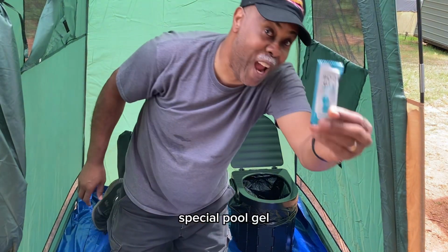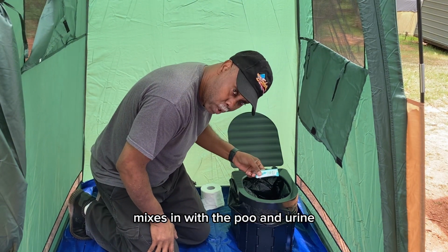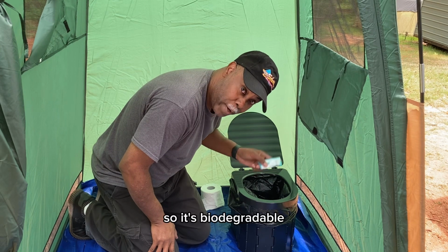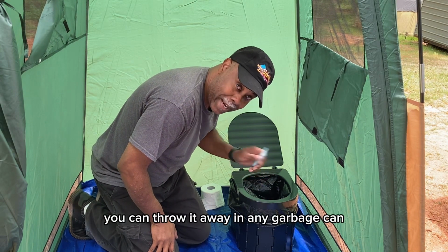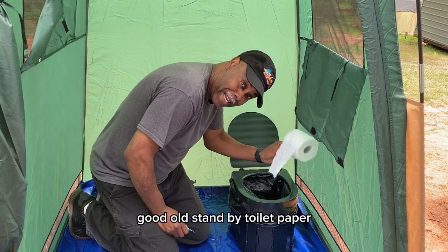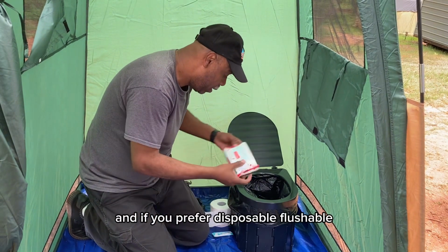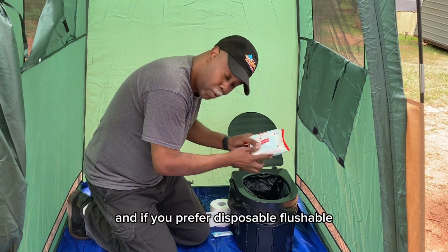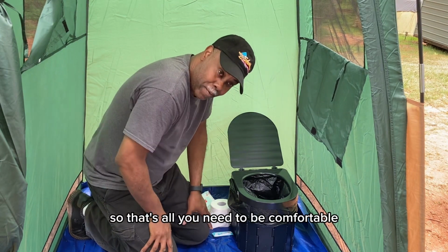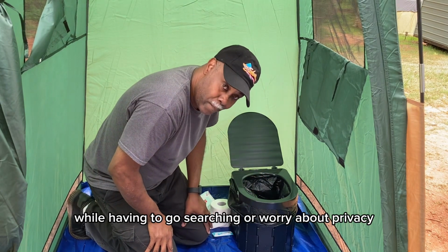special poo gel. Mix this in with the poo and urine, and it turns to like a gel. So it's biodegradable. You can throw it away in any garbage can when you're done. And of course, good old standby toilet paper. And if you prefer, disposable, flushable wipes. So that's all you need to be comfortable and use the bathroom without having to go searching or worry about